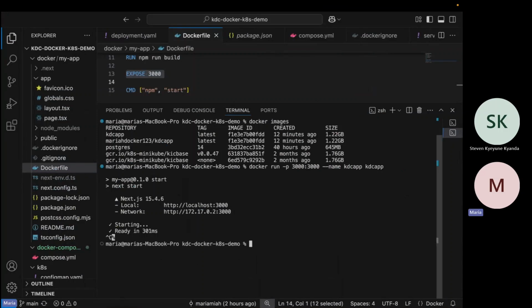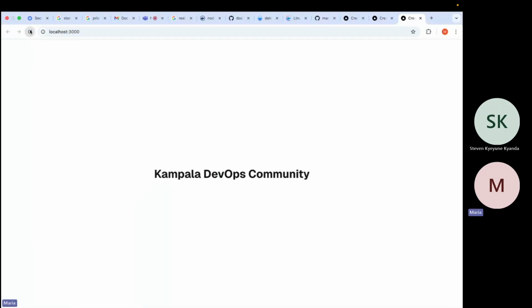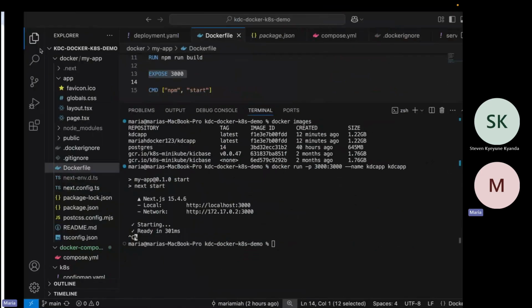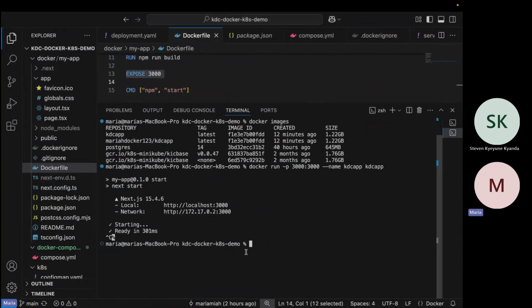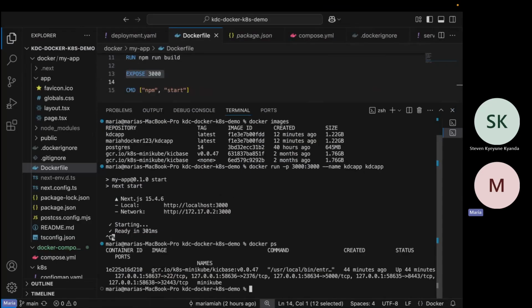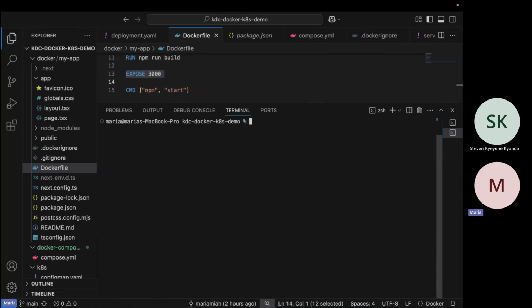If I Ctrl+C, it should not work. And if I do a docker ps, it should not exist, because the container is ephemeral and it's gone because I've stopped it with a Ctrl+C. But what if I want to run this in the background without having to do the Ctrl+C?